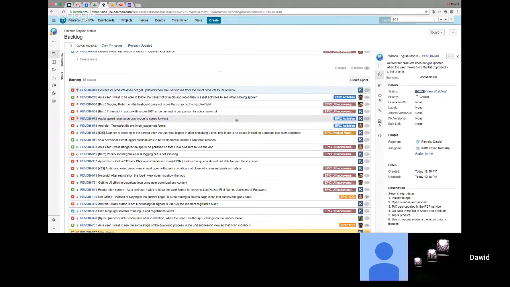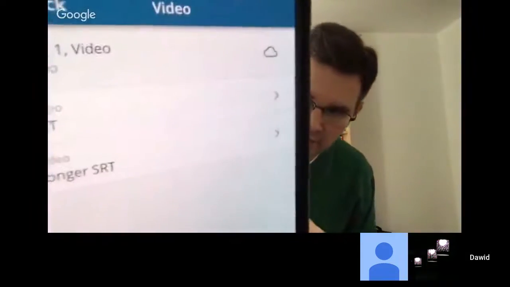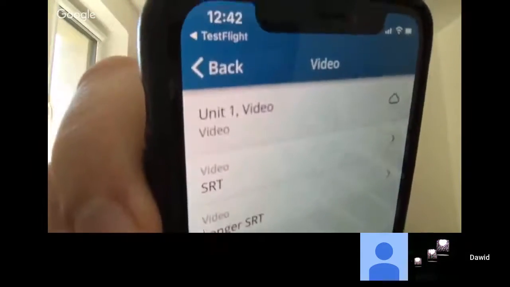Okay, in that case, if the user kills the app, we need to check and update the table of contents, right? So that's what you are mentioning. No, it's not. Oh, let me see. Yeah, look, I'm going to do it this way. He hasn't mentioned contents, right? For manifest only. Look, this is a list of